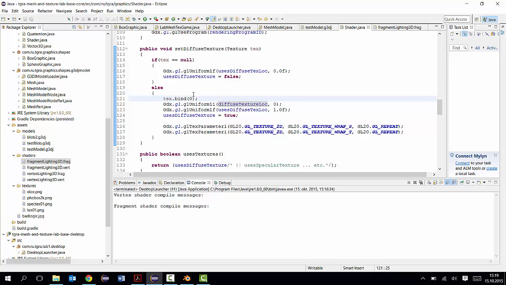So right now we're just using one texture unit. In the lecture, I showed you code where I had two texture units. I was using a specular texture and I was using a diffuse texture. We're using them both at the same time. The UV coordinates,